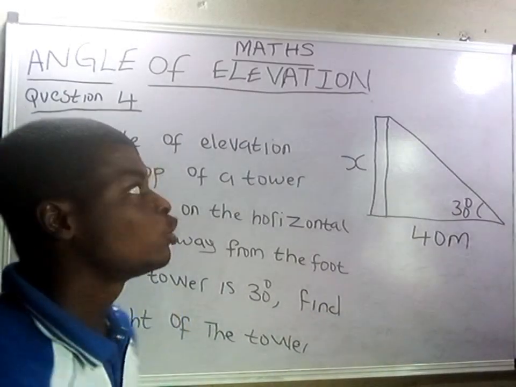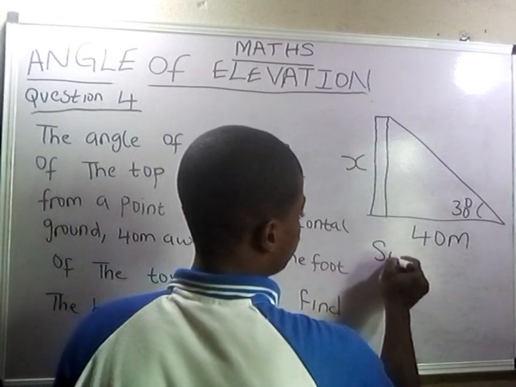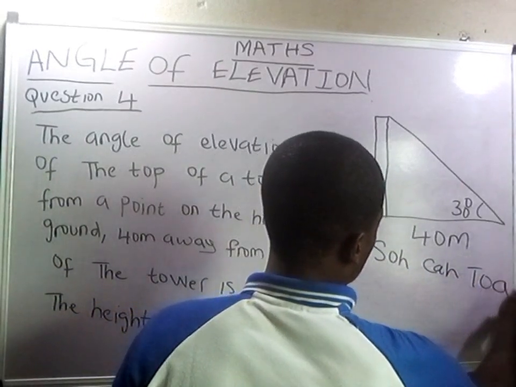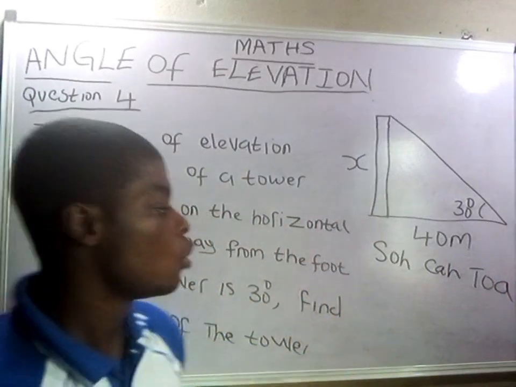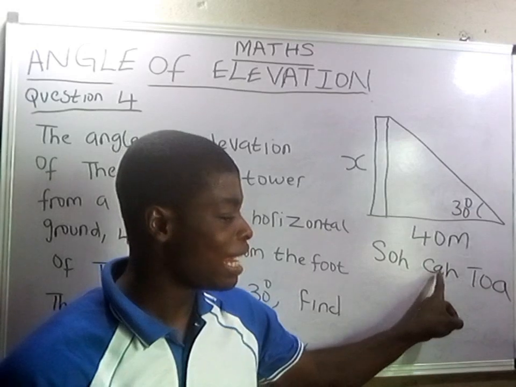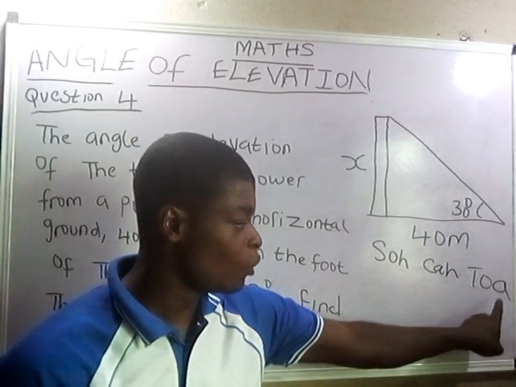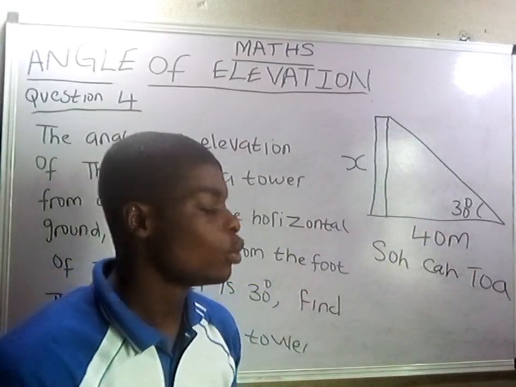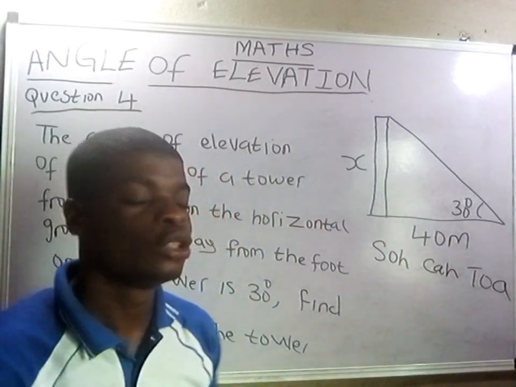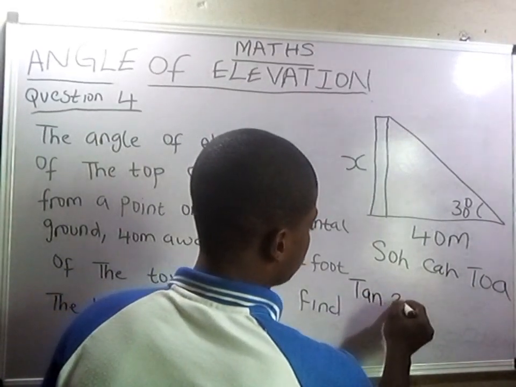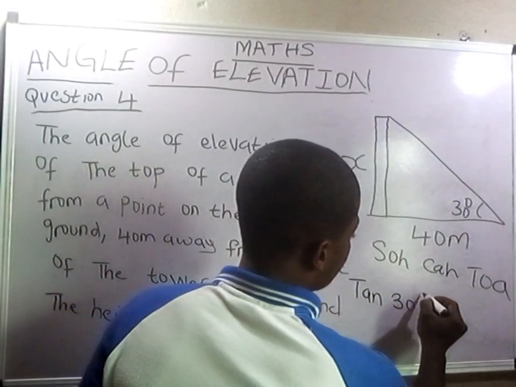So we have to apply SOHCAHTOA: sine is opposite over hypotenuse, cosine is adjacent over hypotenuse, and tan is opposite over adjacent. We have opposite and adjacent, so we have to apply tan. So it will be tan 30 equals